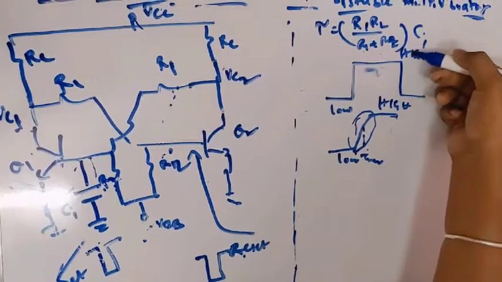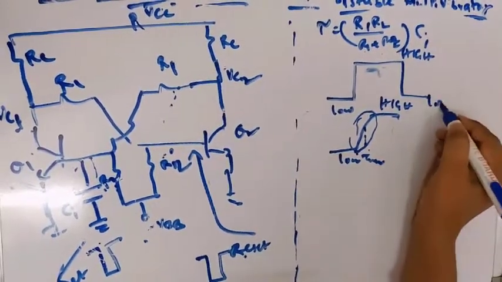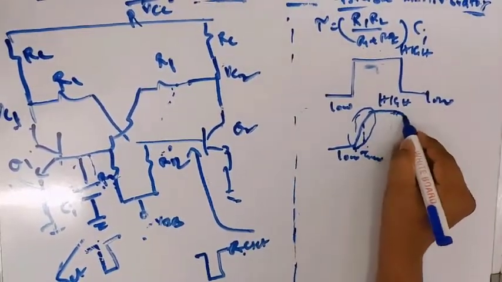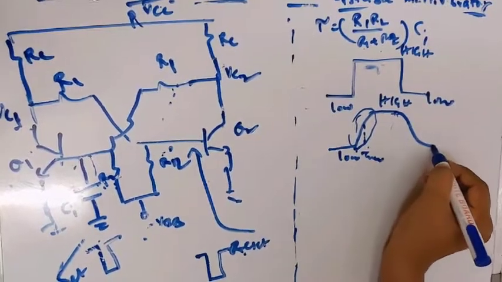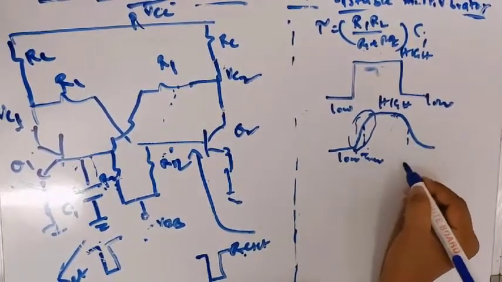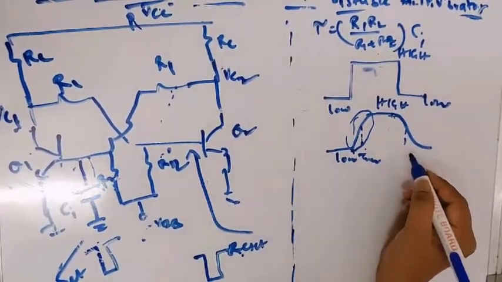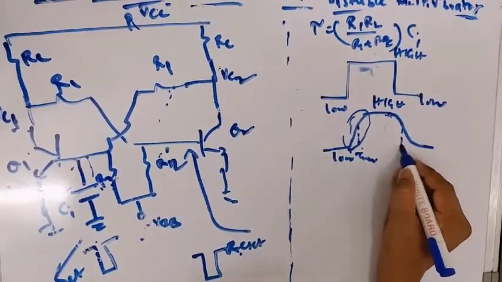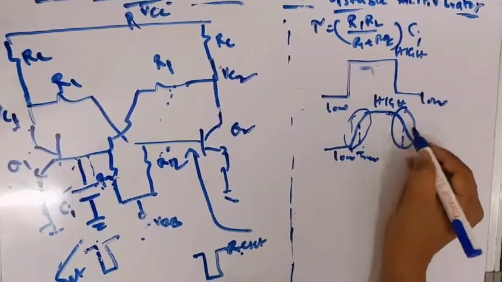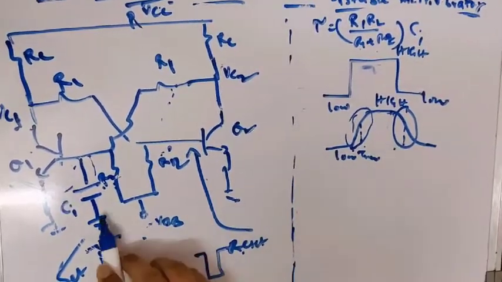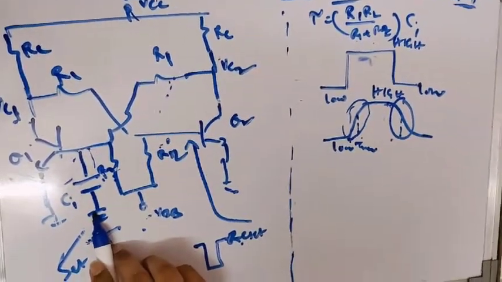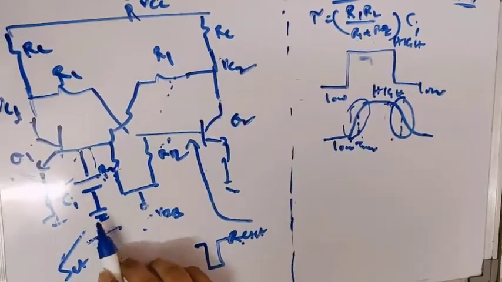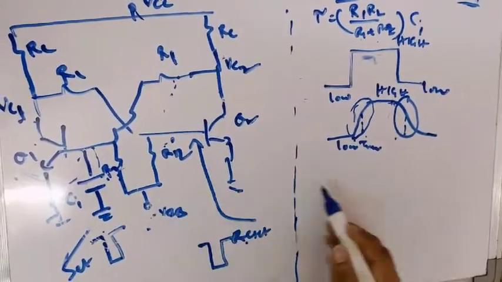Again, when there is a change in state from high to low, there is a possibility of a falling exponential here. For a falling exponential, the time constant is defined as the time required for the response to reach 36.8% of its initial value. So this transition time exists in the circuitry because of stray capacitance. We need to reduce the effect of stray capacitances in case of multivibrators.